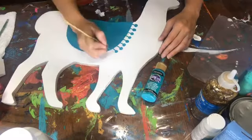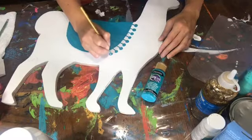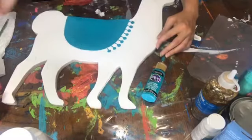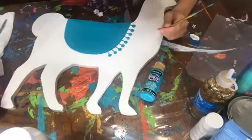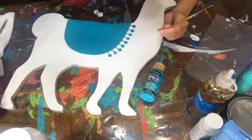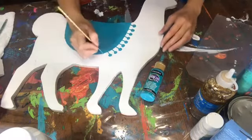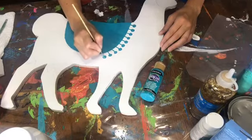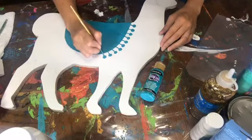Llamas are one of those things, they're so cute and fun. I've painted mermaids and unicorns. I don't know why, in all of this time of painting, I've never painted a llama. They're so adorable. Aw, thanks, Jennifer. What is it about llamas? They're so cute. I know they spit and they can be mean, but there's just something magical and fun